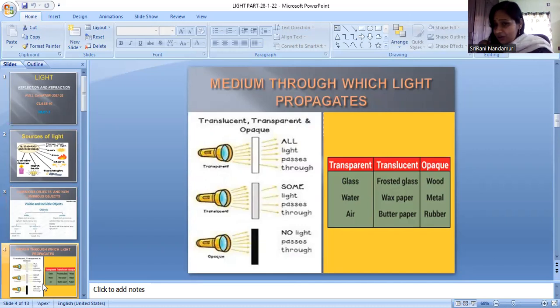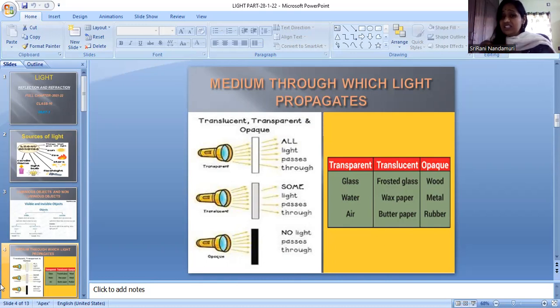Okay. By now, you came to know what the different sources of light are. Now, this light, how does it move? For light to move, what does it require? It requires a medium, right? Light requires some medium to travel. What is a medium? Medium is nothing but a substance